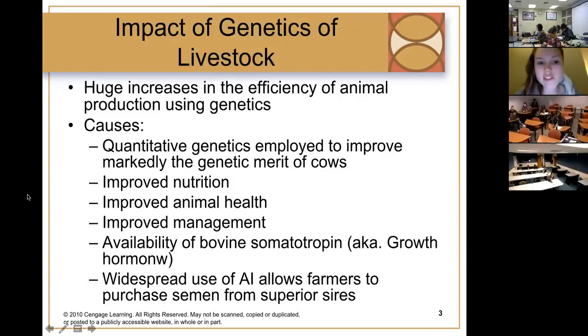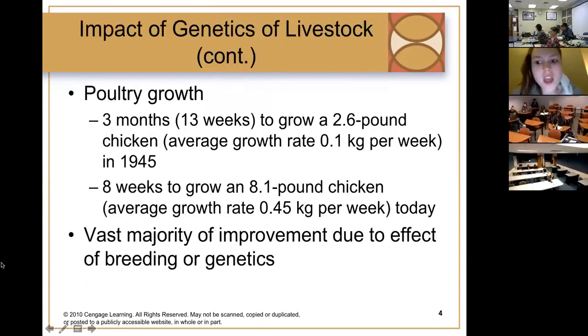So those are all different ways that livestock can be improved, and genetics is a big part of that. Just for an example, in 1945, it would take approximately 3 months or 13 weeks to grow a 2.6 pound chicken with an average growth rate of 0.1 kilograms. Today, it only takes 8 weeks to grow an 8.1 pound chicken with an average growth rate of 0.45